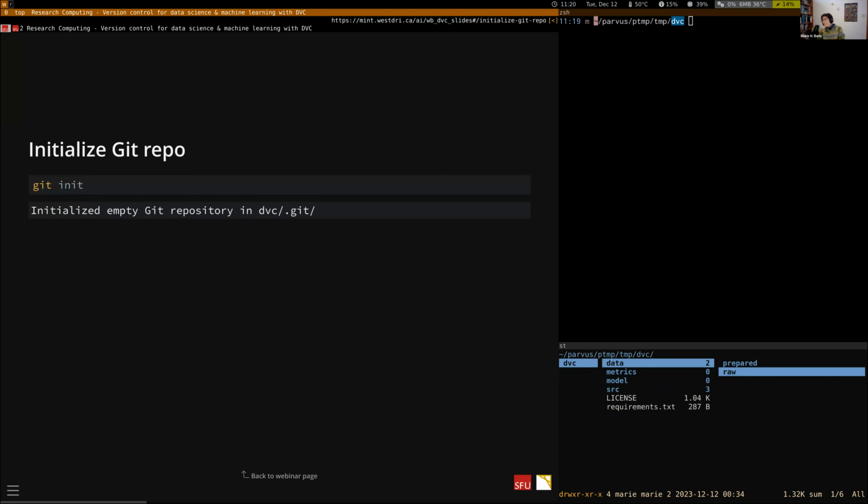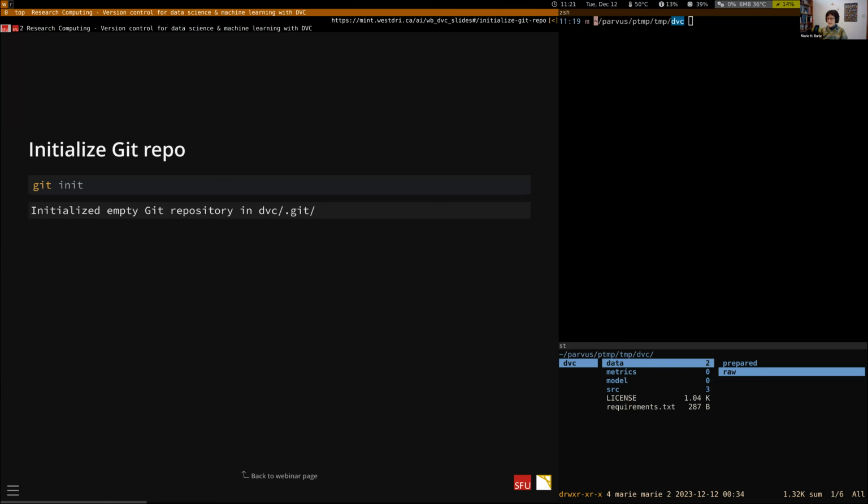You can use DVC without using Git, but that would be quite silly because you wouldn't be able to do any versioning. You could still do some of the functionality, but it really wouldn't make sense. So DVC should be used in combination with Git, and they have a bunch of commands that sound similar, and they're closely connected and interdependent when you work with DVC, but they play very different roles, and the way they work together is a bit